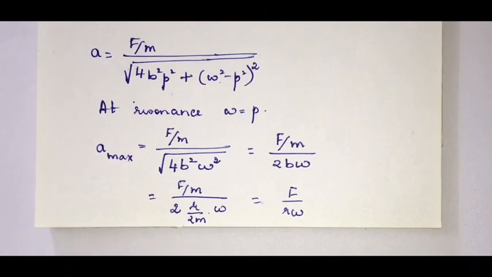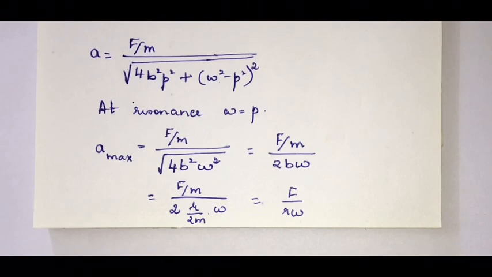So what is the significance of resonance? Here the reason for the amplitude to go to maximum value is when omega becomes equal to p, because only when the two frequencies are matched, that is the natural frequency of the body and the applied frequency, the system will possess the ability to keep the same phase as that of the periodic force at all times, and therefore the vibrating system will have the ability to receive completely the energy delivered by the periodic force.